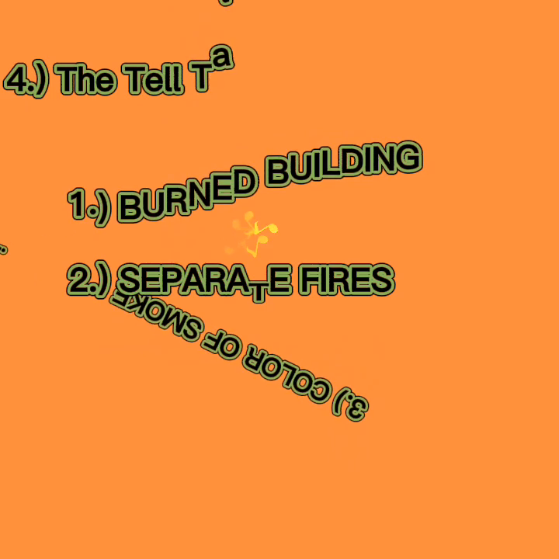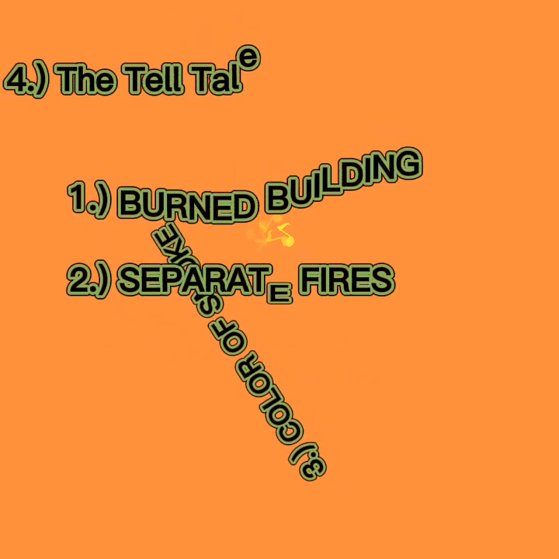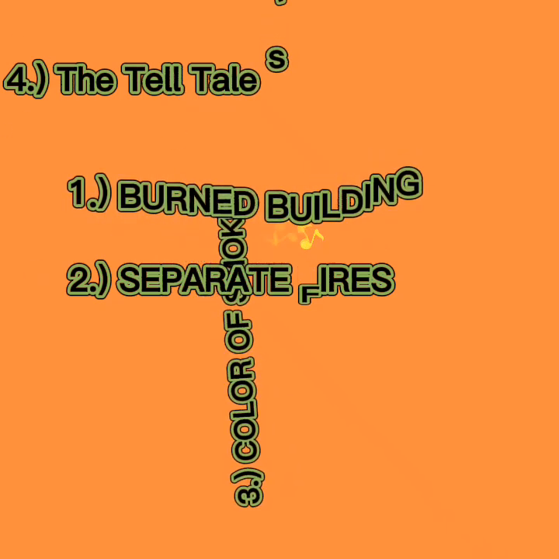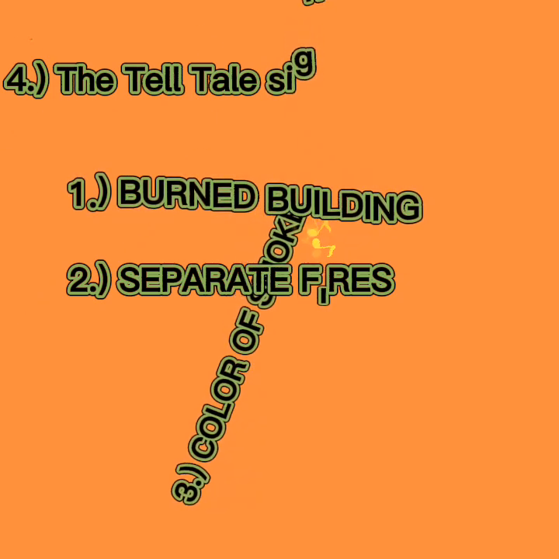Number 3. Color of smoke. Some fires burn with little or no smoke, but they are the exception. The observation of the smoke must be made at the start of the fire, since once the fire has assumed a major proportion,